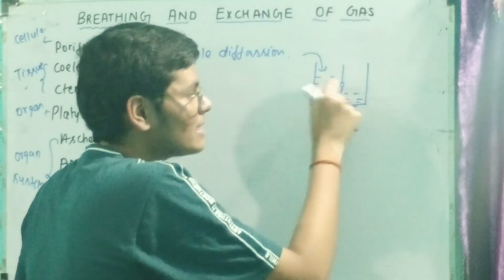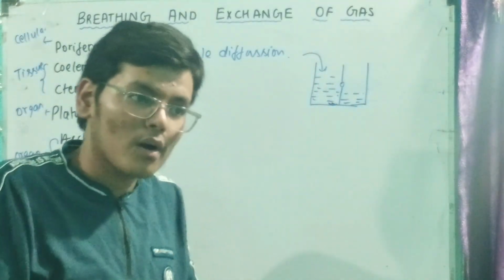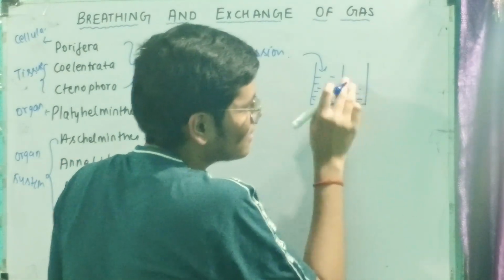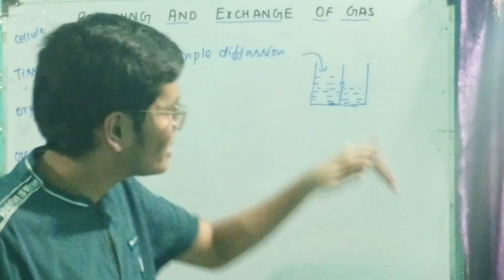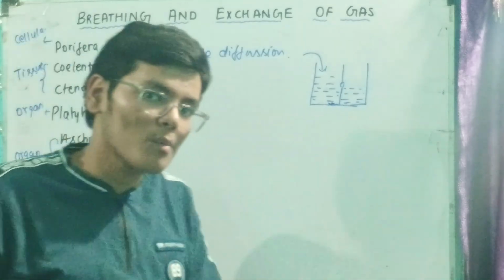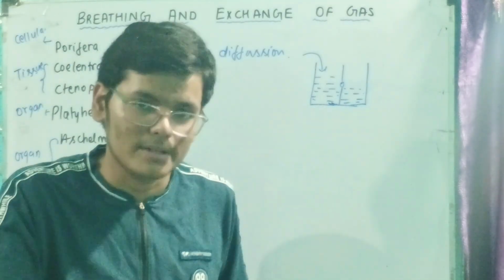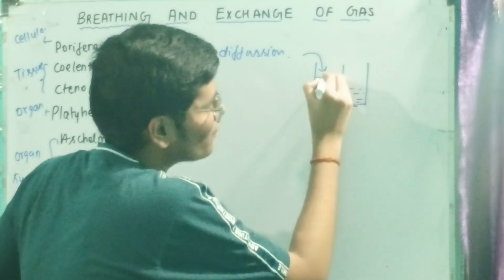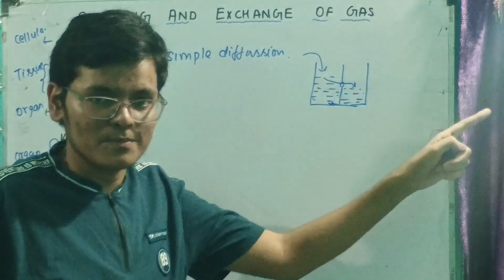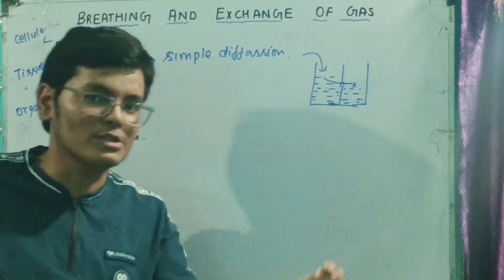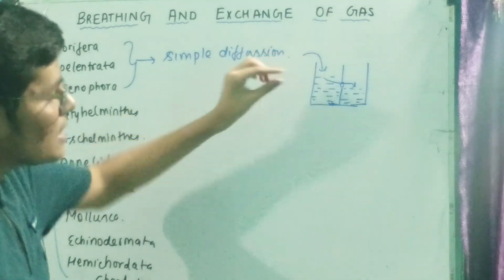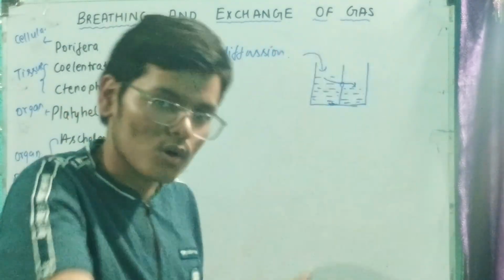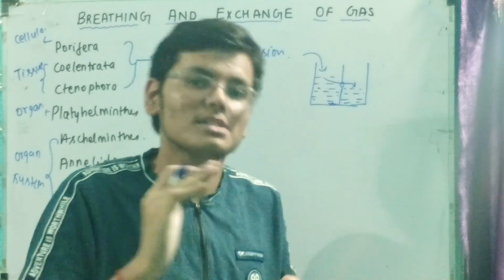So here a gradient, or a difference, is created. Because of this, we see the level is low over here and the level is high over here. Always an object needs to attain more stability, and for more stability the energy should be less. So this water tries to flow through this hole into this part. This is also a type of diffusion, where from an area of high concentration to an area of low concentration, the movement is known as diffusion.